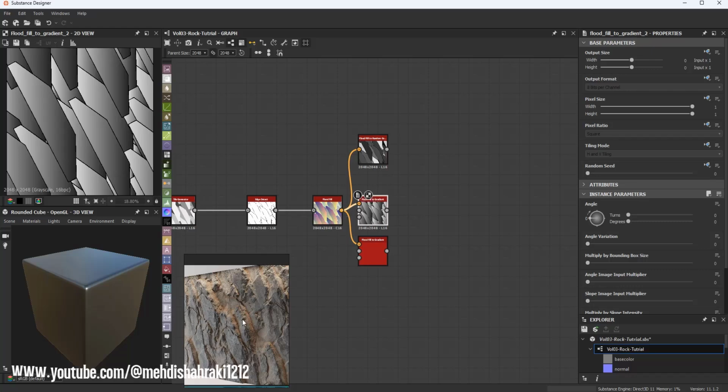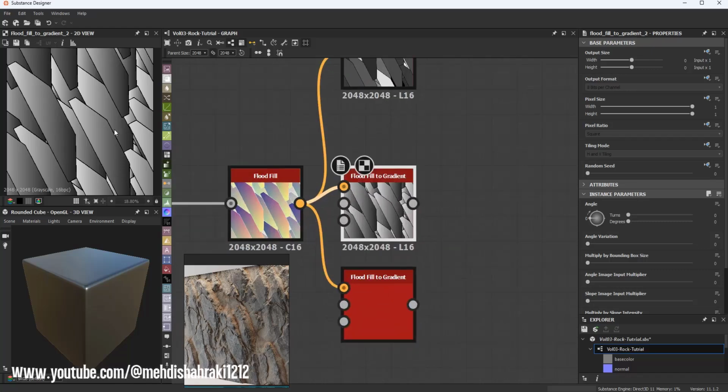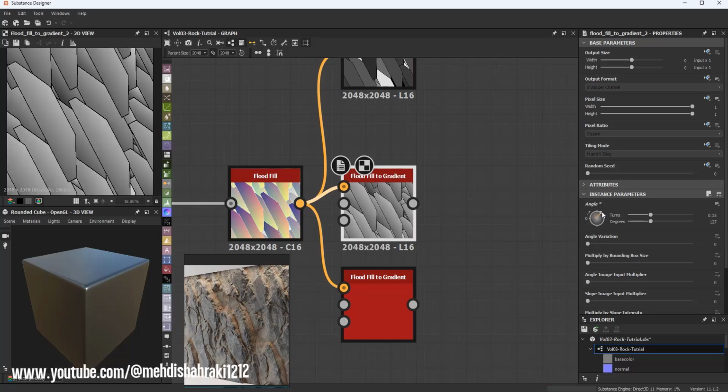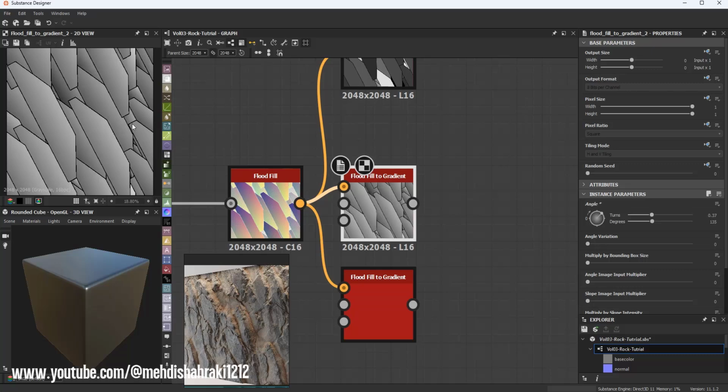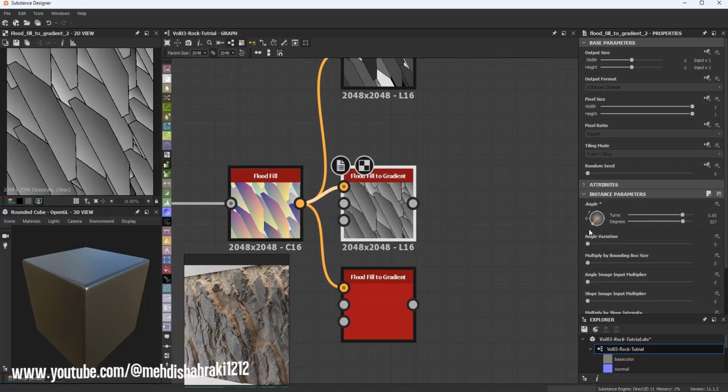Okay, as you can see here in my reference, we have a gradient by a direction. The direction of the gradient, I think it is the same as the reference. Yes,